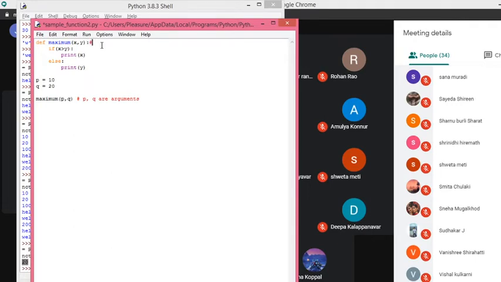So x and y are called as parameters. They are known by different words. Inputs are called as arguments, and the receivers are called as parameters. So x and y are parameters, which are going to receive data from arguments.